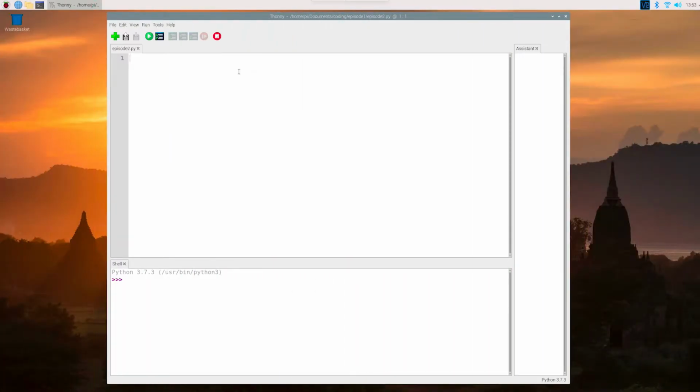So when we want to remember stuff in a Python program, we use variables. Now, variables are a bit like a box in a computer's memory, and when you want to remember something, you put it in a box and you put a label on the box to help you remember what's in there. And then whenever you're writing your computer program and you need to use that information, you just tell the computer to go get that box and give you whatever's inside. So let's see how we do that in Python, and maybe it'll help you understand how it works